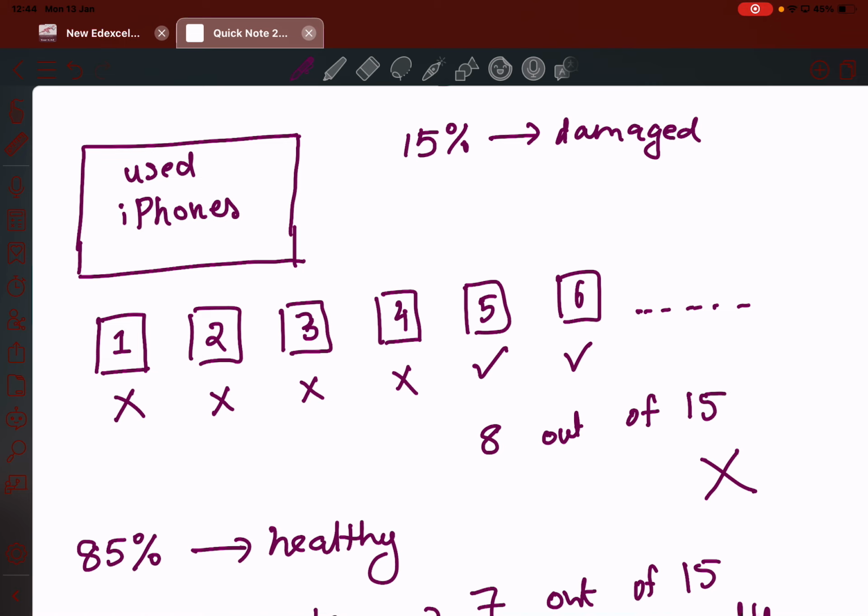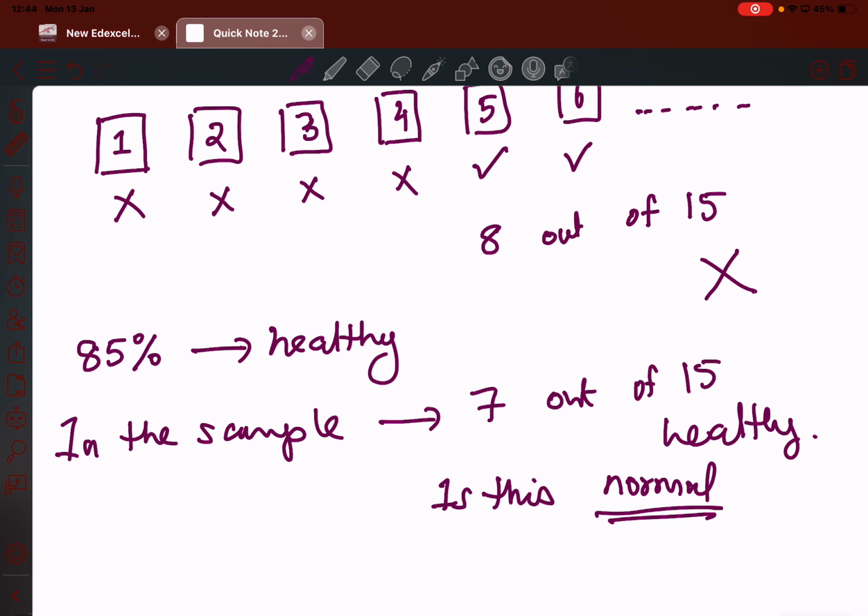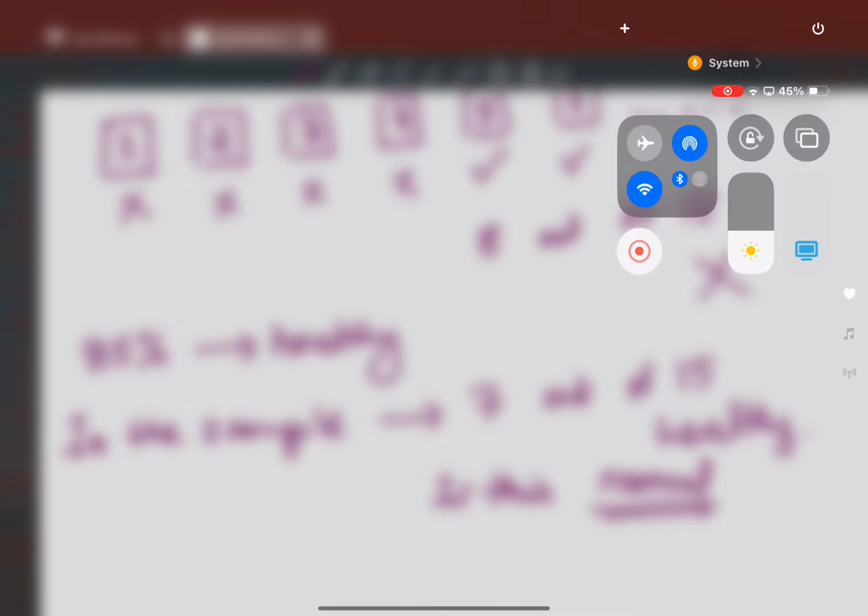So what do we do? We just take a sample, and based on the results of that sample, we verify if the claim made by the person is actually true or not. This is the entire idea of hypothesis testing. Are we okay with this? Yeah? So that should